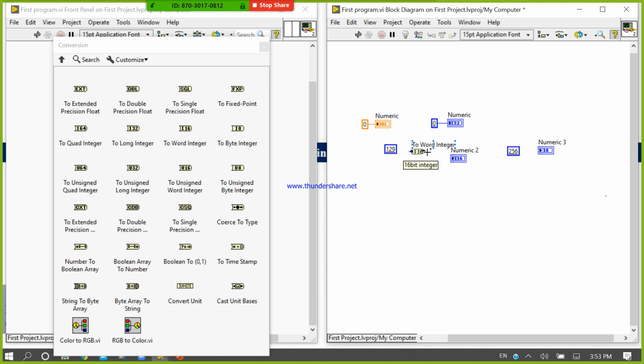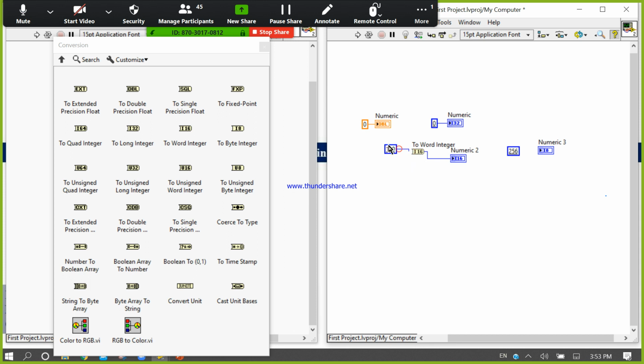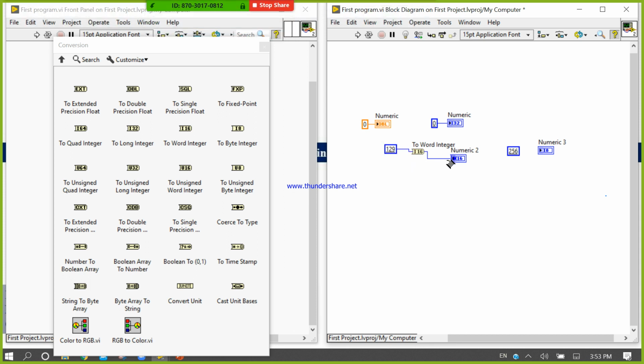Now connect. It will convert this I32 into I16. For this kind of arrangement we use this conversion palette. Now I am using I8 to convert this number. So this is the representation.